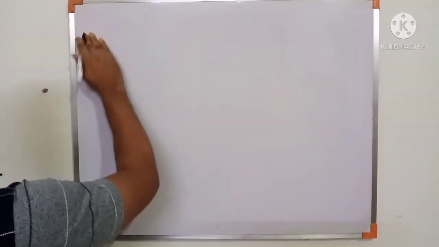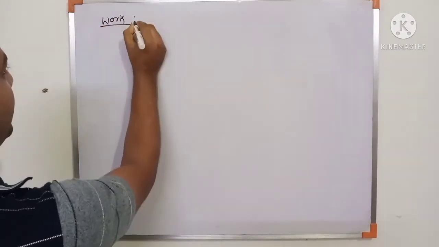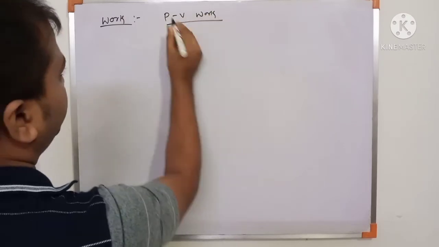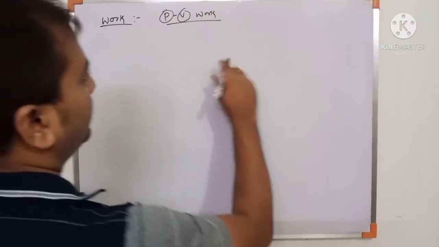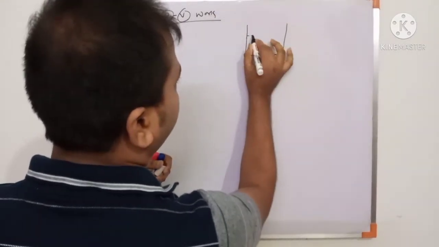Now, work. Work calculation. This is PV work calculation. PV means pressure and volume work calculation. Now, first, a gas kept